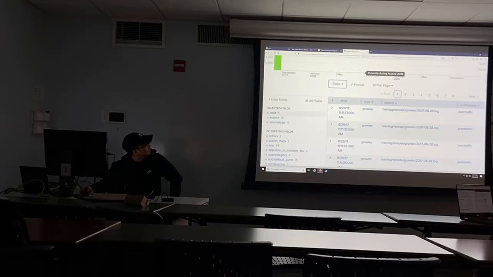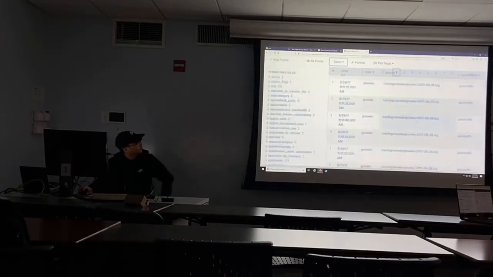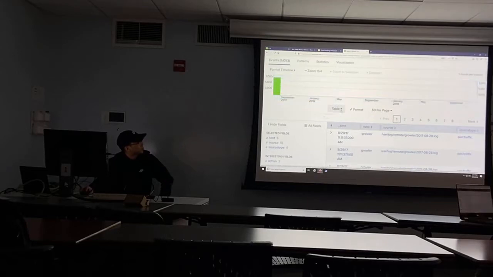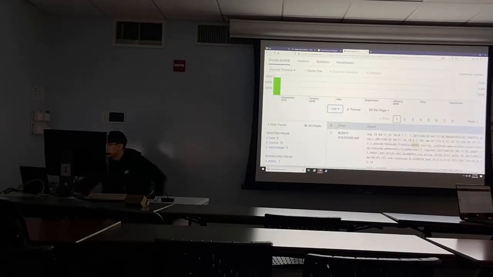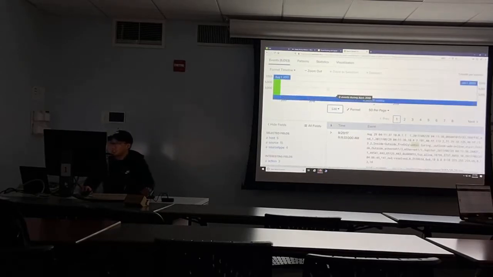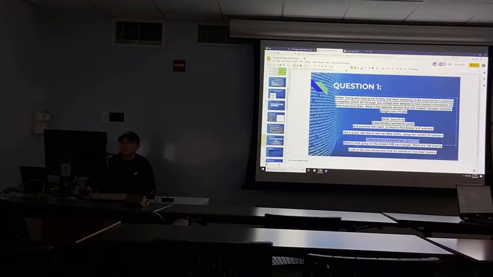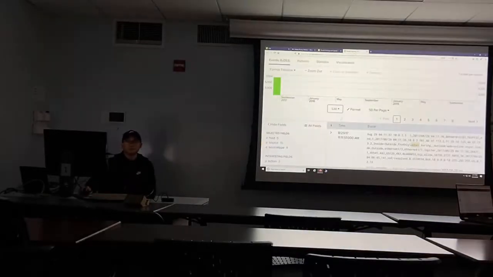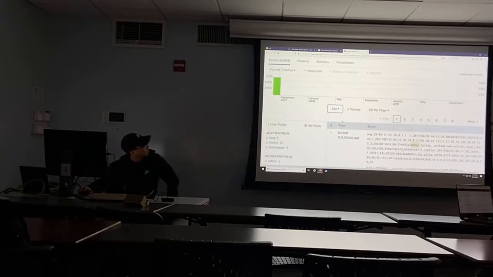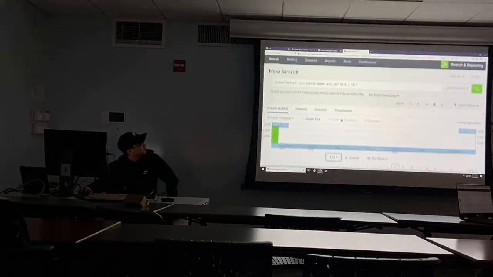If you select more selected fields, they would pop up on the table. But for our case, we're going to keep it on list, and then if we go back over here, restrict this query to the stream HTTP source type. So where would we click next, if we want to restrict our source type?